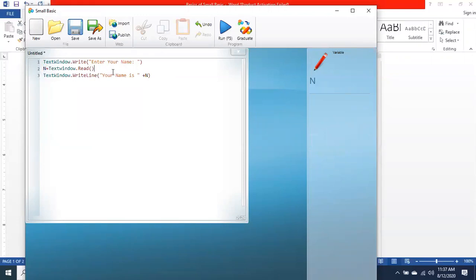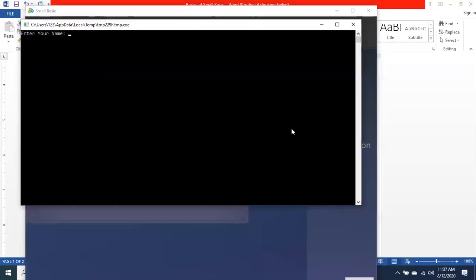The value of n is the value that you have entered as the name. For example, if we run it, enter your name, let's suppose I say Bilal Aslam. Then "Your name is", the message that I wrote in the double quotes, and Bilal Aslam is the value stored in the variable n. Are you getting this point?